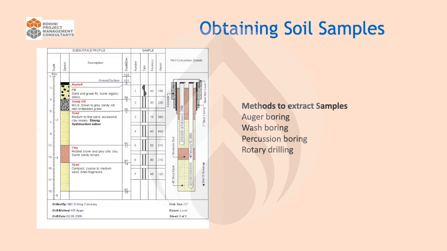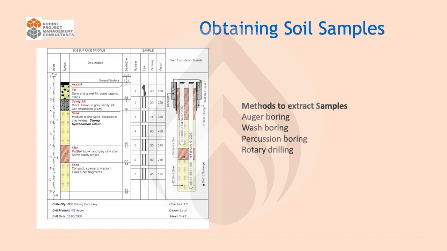So, understanding the soil: when you take a bore, it is taken by different methods. You have auger boring, wash boring, percussion, and rotary. In the picture you see the depth marked 1, 2, 3, up to 17, 18, 19. The consultant or the agency who takes this bore will give you this profile of the soil, whatever is underneath. Once you understand the pattern of the soil, where at the top you have, let us say, asphalt, then sandy silt, then sand, different types of soil,